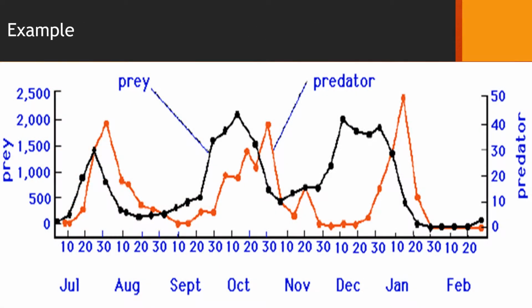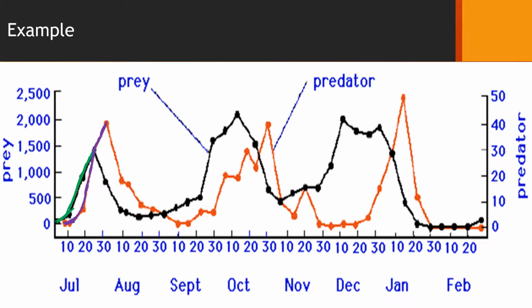An example of how predator-prey relationships can affect carrying capacity and growth. You see the prey in black and the predator in red. As the number of prey animals rise, we can see an exponential growth of the predators as well. I'm going to highlight this area right here, and we'll just use that as our example because you can see that pretty well